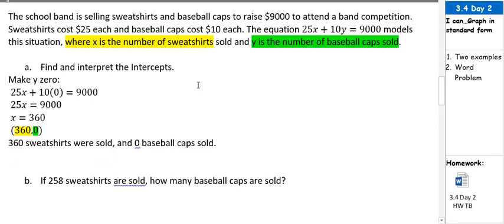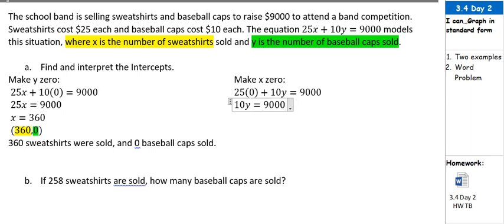I'm going to do that up here next to it for consistency. 25 times 0, because now I'm making X 0, plus 10 times Y equals 9,000. 25 times 0 is 0. So now I'm left with 10y